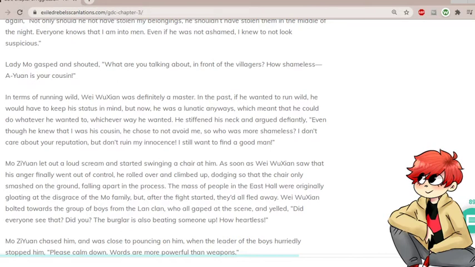Mo Jian let out a loud scream and started swinging a chair at him. As soon as Wei Wuxian saw that, his anger finally went out of control. He rolled over and climbed up, dodging so that the chair only smashed on the ground, falling apart in the process. The mass of people in the East Hall were originally gloating at the disgrace of the Mo family, but after the fight started, they all fled away. Wei Wuxian bolted toward the group of boys from the Lan clan, who all gaped at the scene and yelled,